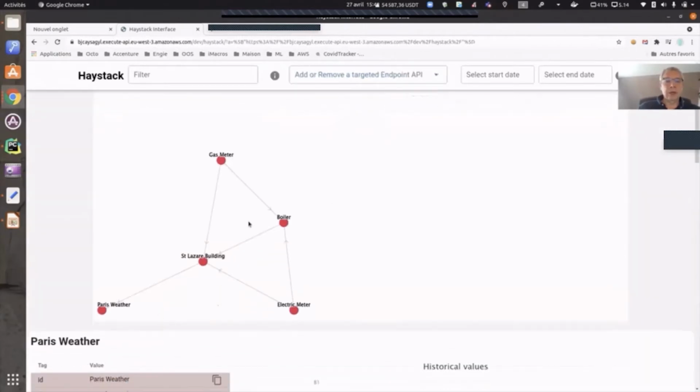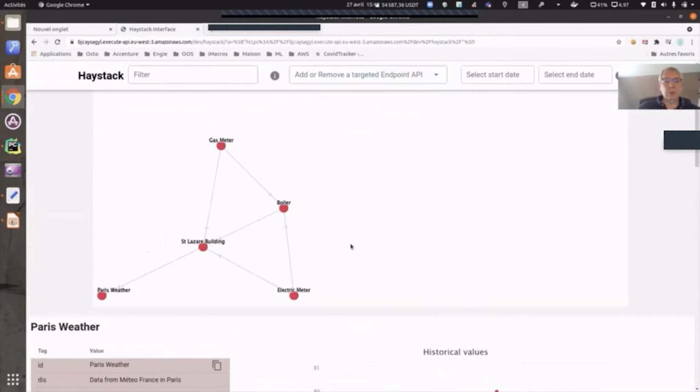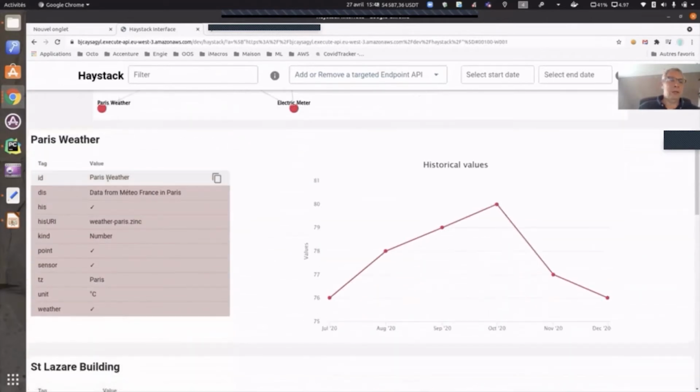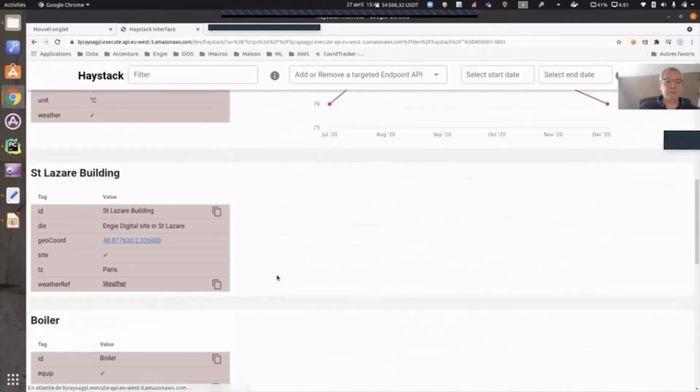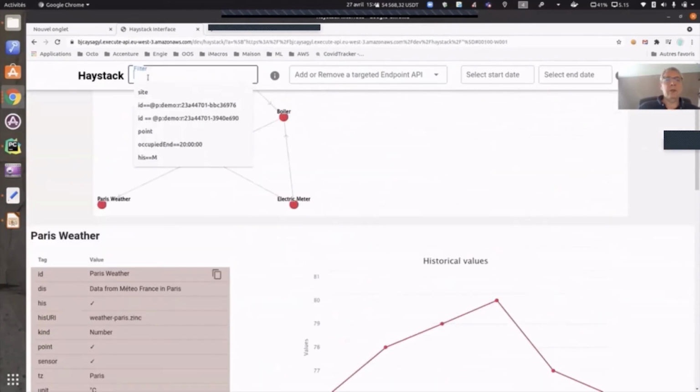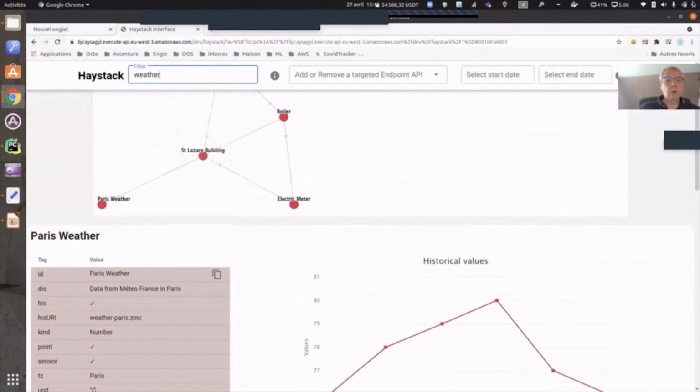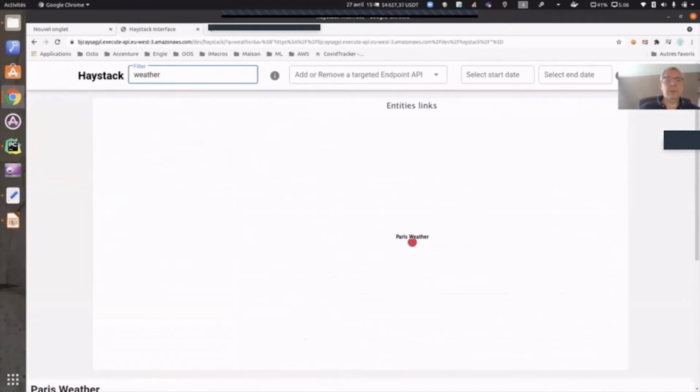Here, I can see the graph with all the entities and the relations between the entities. Here, the different tags with different values. If it's possible, I have the history values. And I can use a filter to select only some entities, like only the entities with the time zone Paris,